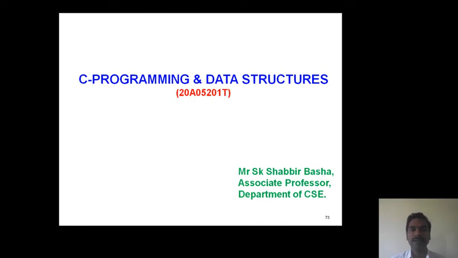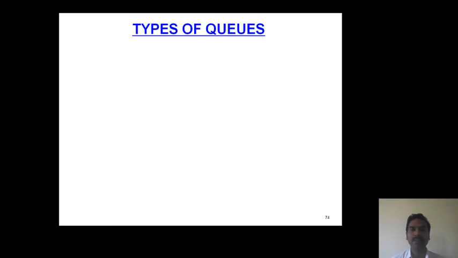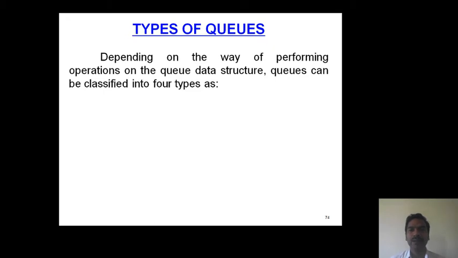Hello students, in this session we will discuss different types of queues and one specific queue data structure, linear queue. First one, what are the different types of queues? Here, depending on the way of performing operations on the queue data structure, queues can be classified into four types